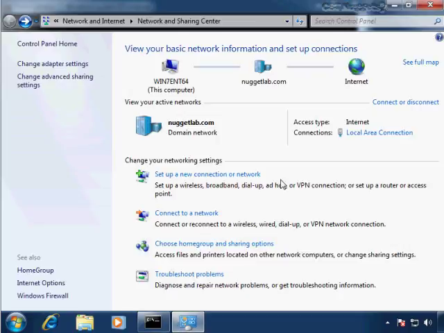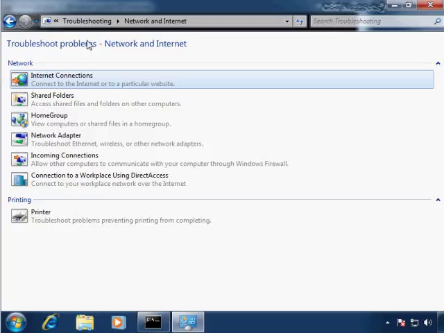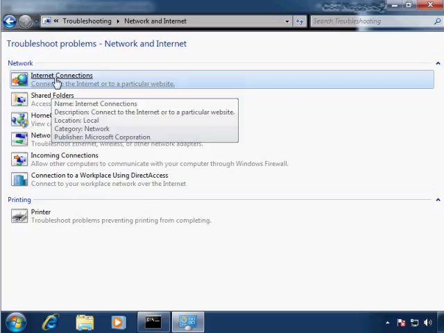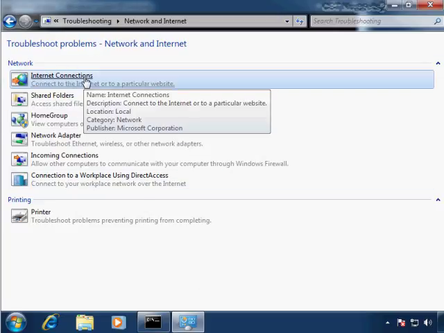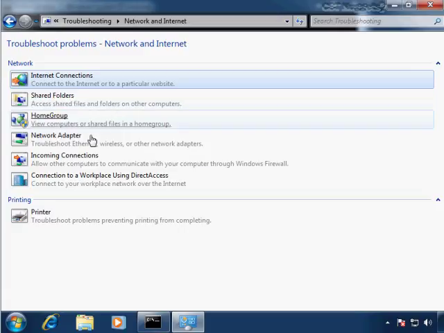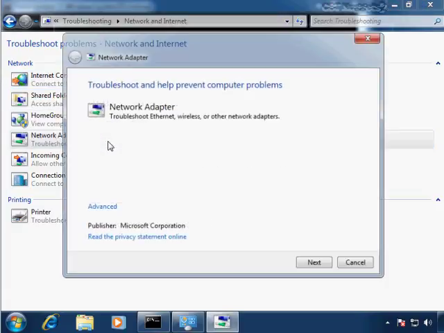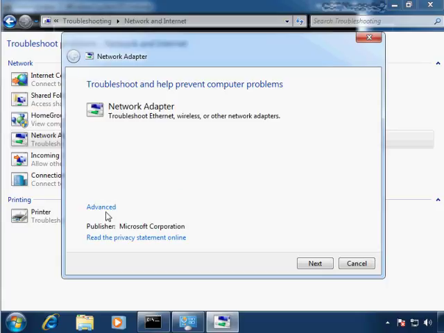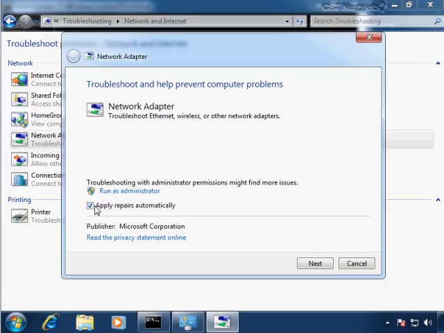So if I go to Control Panel here, for example, and click on Troubleshoot Problems, notice that now it gives me a number of different areas to check into. Am I having trouble with my internet connection or shared folders? A network adapter, that's very often what we'll have when we have general network problems. So I might click on that item, and then it would give me an advanced option where I could choose to also apply repairs automatically or not. I could also run as an administrator, which will give it a little bit of a deeper diagnostic and repair